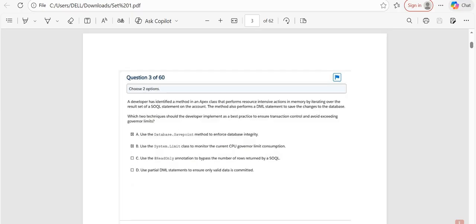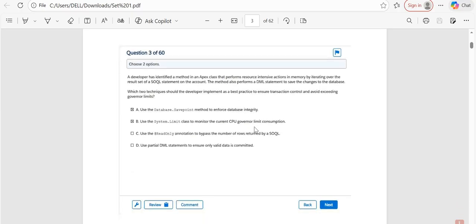Third question is: a developer has identified a method in an Apex class that performs a resource-intensive action in memory by iterating over the result set of a SOQL statement on the account. The method also performs DML statements to save the changes to the database.